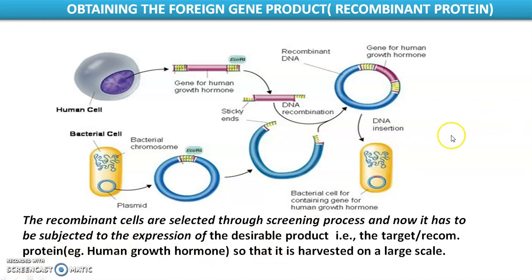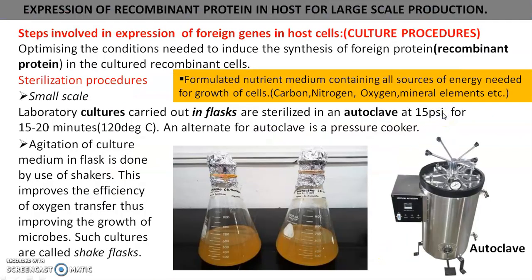So that is how the next topic is going. Just have a reading about this: how to harvest the protein on a large scale, and what care should be taken. I discussed human growth hormone. You must know that people who suffer from lack of proper growth, that is due to lack of growth hormone. Dwarfism is the disease. So we administer growth hormone to them. That is the example given there.